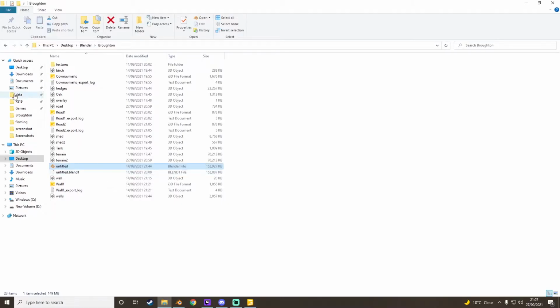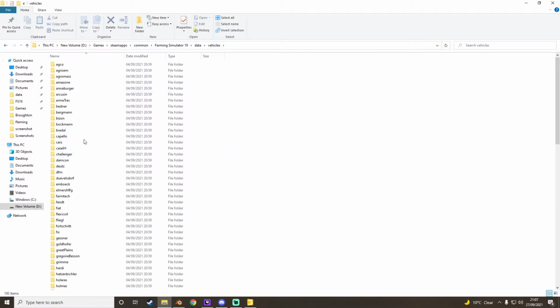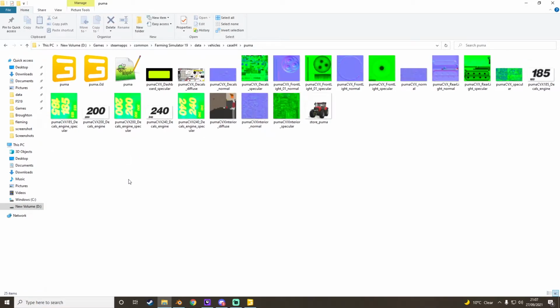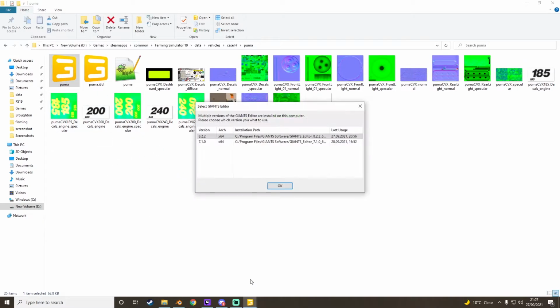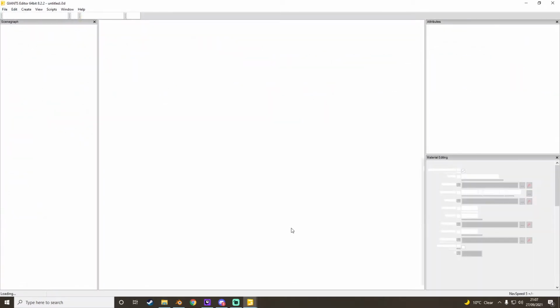If you don't know how to do this, you go to data, you find your data folder. So for Steam, wherever your Steam apps is, common, FS19, data, vehicles, pick whatever you want, pick Case, get a Puma, you open that up, wait for about 2 hours,